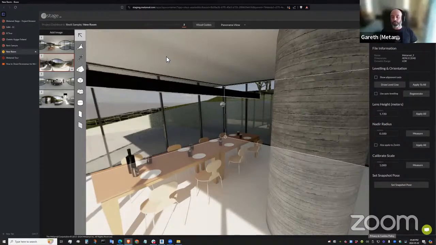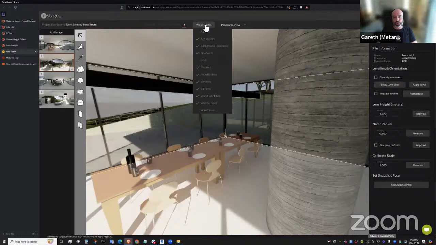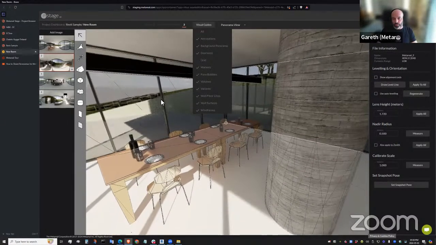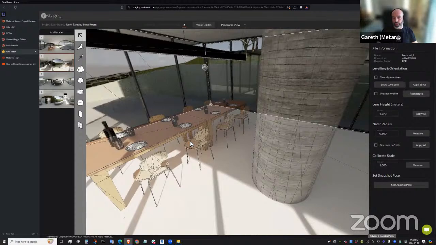So at the very least, you just need to render the 360s, and you can upload them to a tour just like 360s that you photographed, and our team will process them and build a tour. With Revit, if you want to go a little bit further, you also have an opportunity to bring the geometry from the architectural model as well.